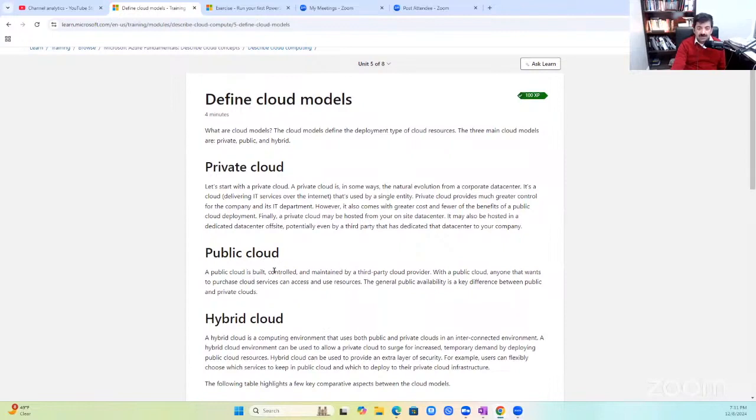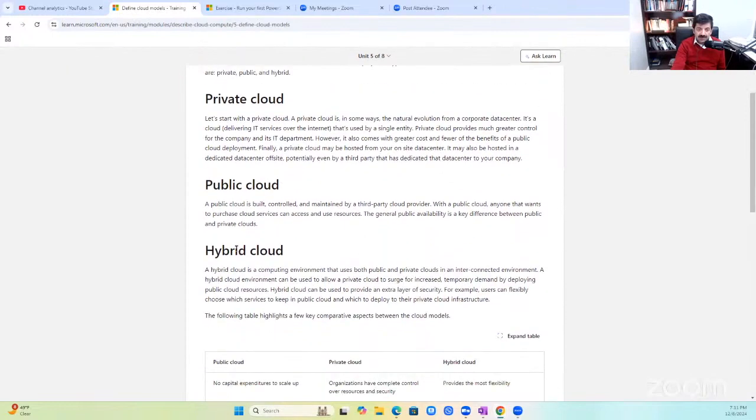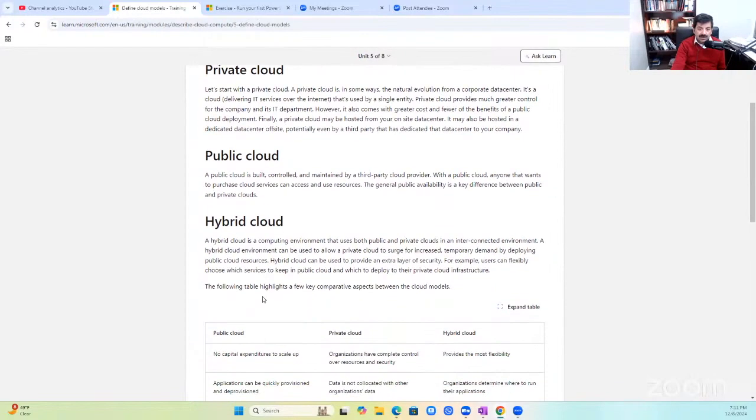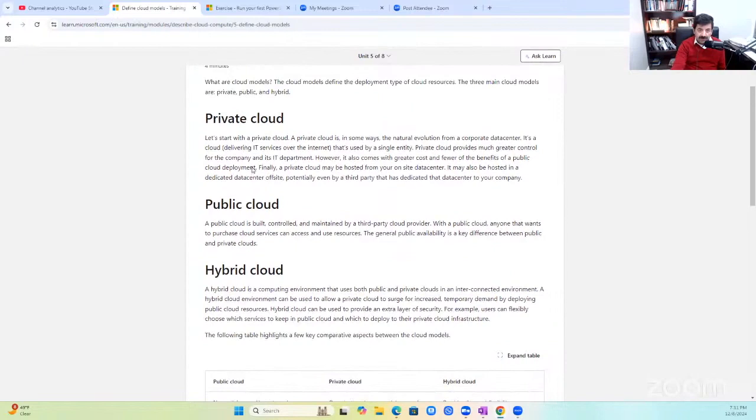Here shared responsibility comes into the picture. Then there's a hybrid cloud. In a hybrid cloud, you have your personal cloud plus public cloud. You have the maximum control, and basically you can decide yourself which applications you're going to put in the private cloud and which applications you're going to put in the public cloud.